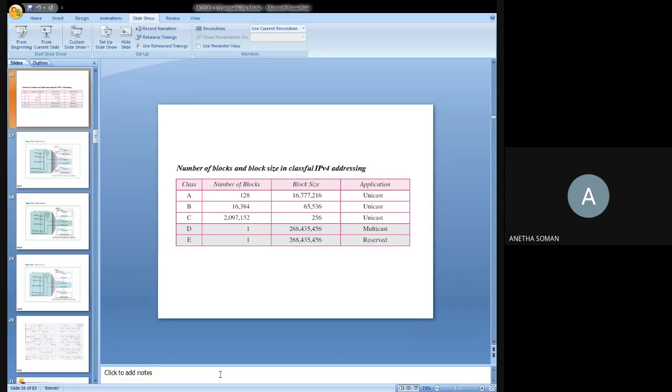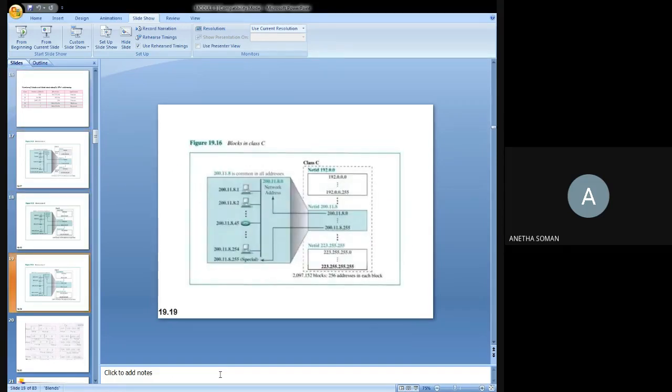Now, the address range varies from 192.0.0.0 to 223.255.255.255. Okay, now out of that, how many bytes are meant for network ID? In class C, how many bytes? 3 bytes. So net ID is 192.0.0. That is fixed for a particular block, and the host can vary from 0 to 255. Okay, so the meaning is each block in this class contains 256 addresses.